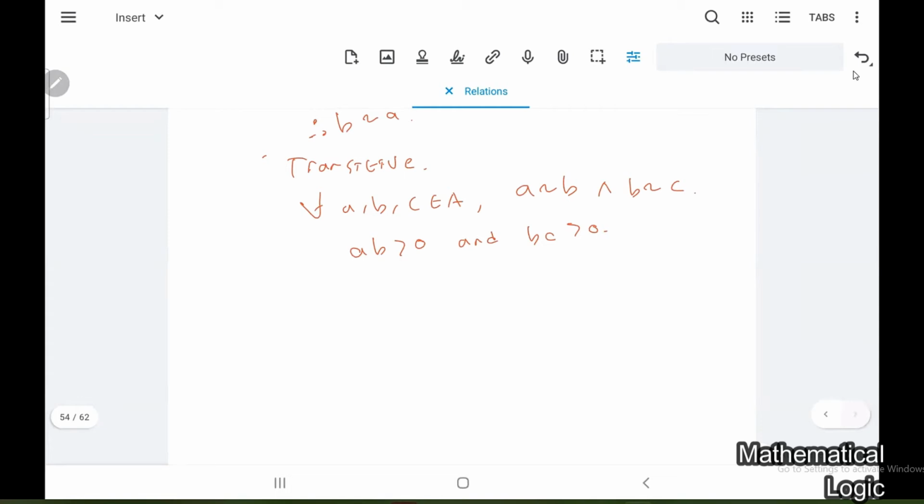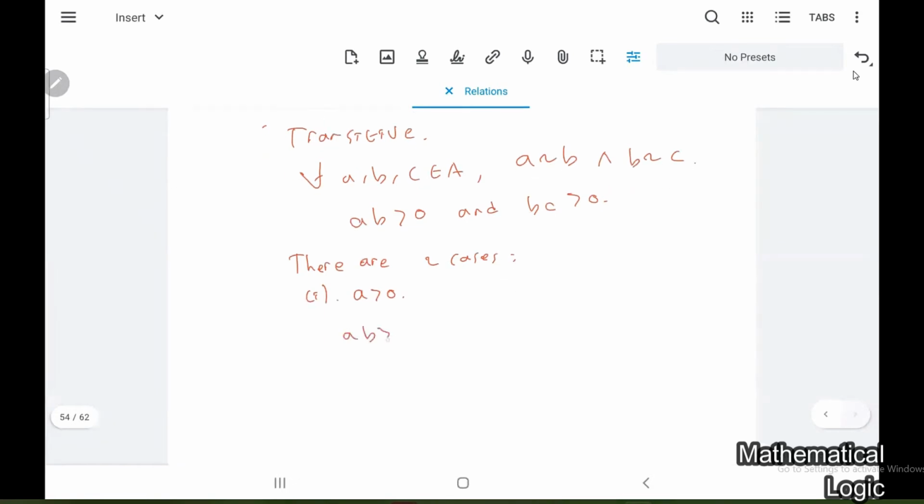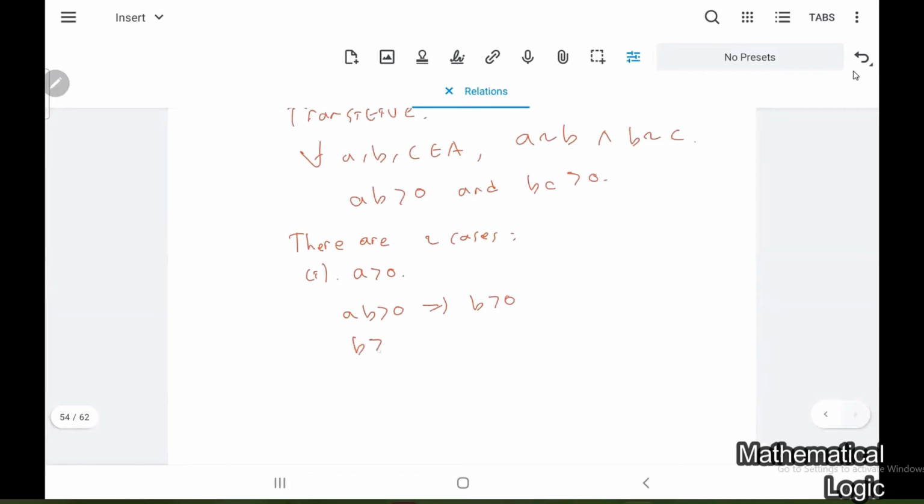There are two cases. The first case is when a is greater than 0. From here, we know ab is greater than 0. What does this imply? When a is positive, then b is positive. And when b is positive, then bc positive, right? So c